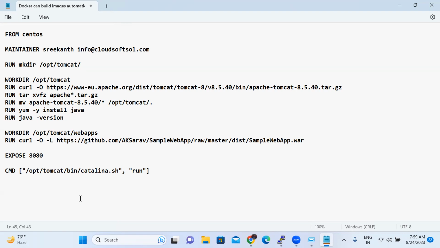The difference between RUN versus CMD is, RUN will run inside the image, whereas CMD will run